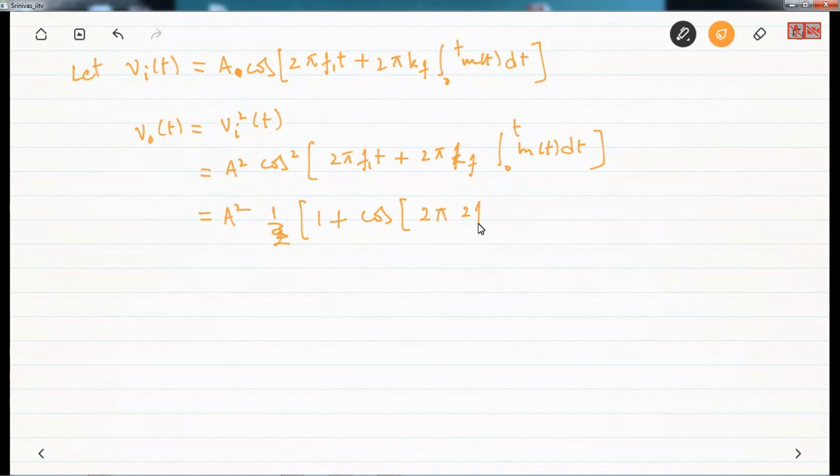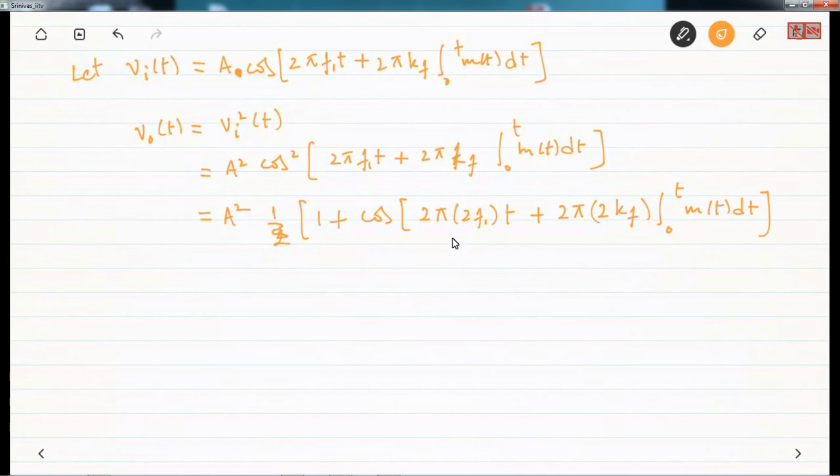So we get 2 pi into 2 f1 t plus 2 pi into 2 kf into the integral from 0 to t of m of t dt,